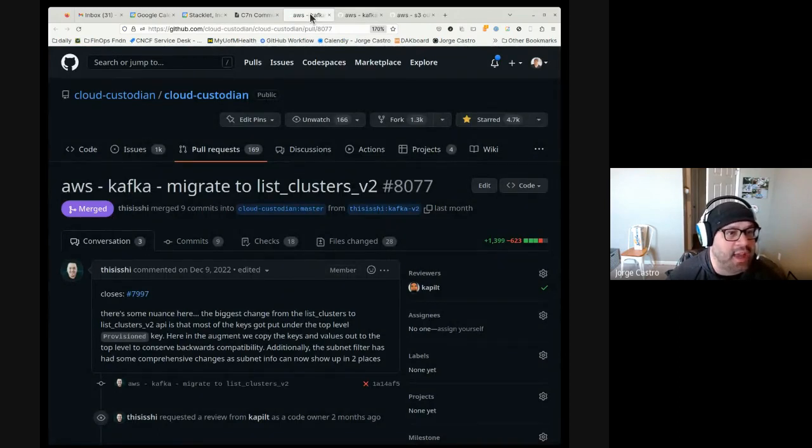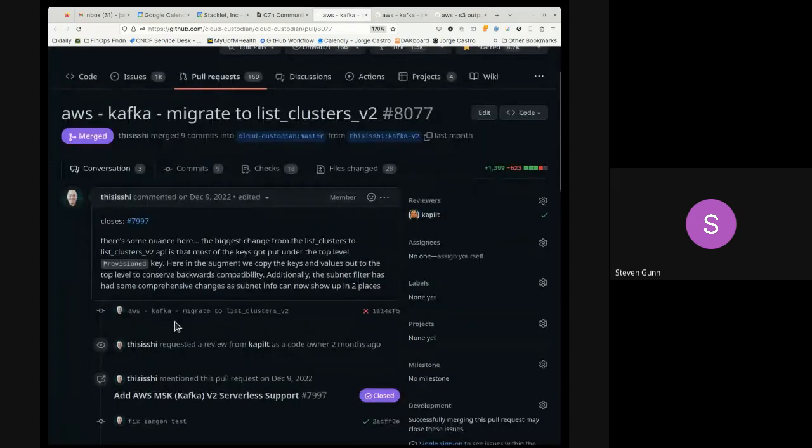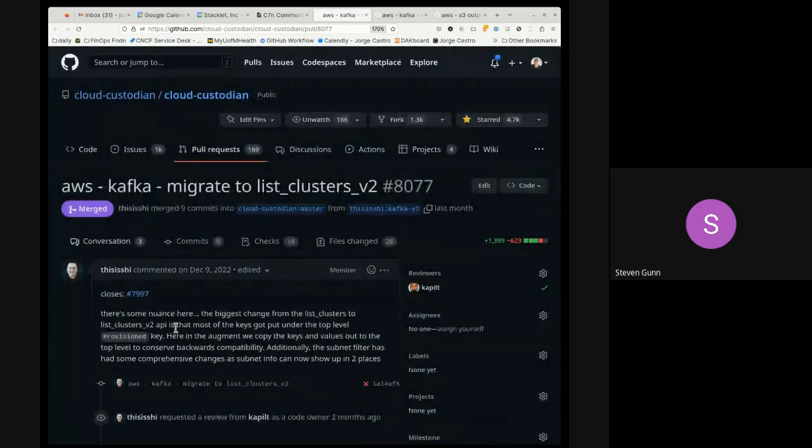Oh, here's the Kafka one, 8077, migrate to list clusters version 2. Yeah, so we noticed, Darren, do you want me to just summarize it? Yeah, you have more context. Sure. We have some policies that are config based, and they were checking specific attributes that were available only on provisioned clusters.